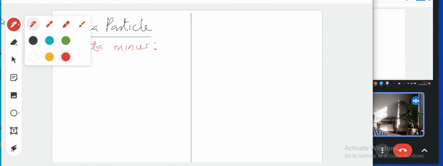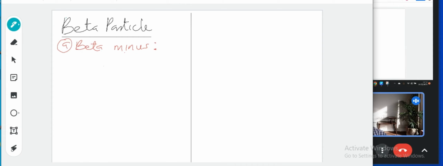You will do that in more detail at a higher level. But for the meantime, I'll just explain that a beta minus decay occurs when a neutron,